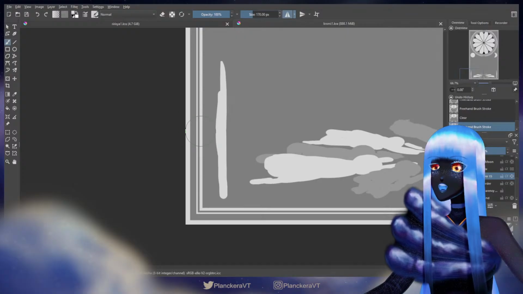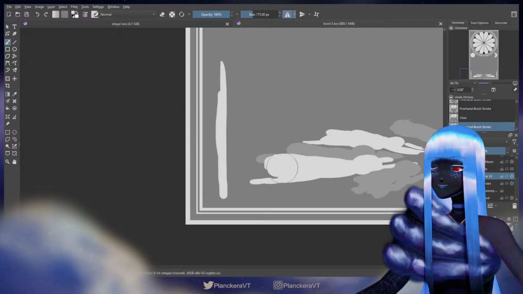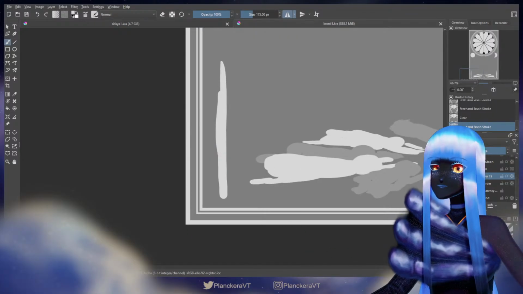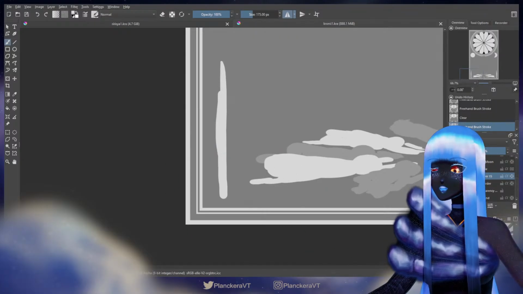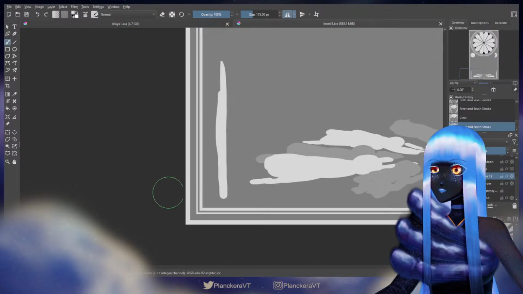Looking like about 170 pixels. I think I'm gonna be safe and go with 175. Okay. 3,000 minus 175, minus 175, divided by 4.